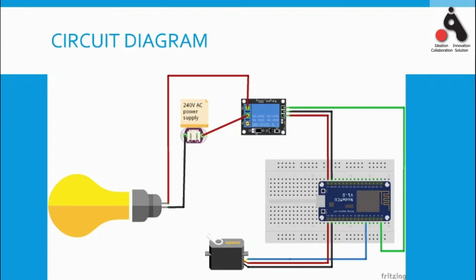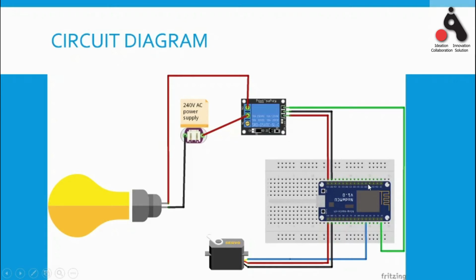So let's discuss the circuit diagram for this project, and we can see that we have two pins right in the bottom. We have the normal GPIO pins which are used here. D0 is connected to the relay module input pin, and D4 is connected to the control pin of the servo motor, and the servo motor is connected with a red wire and a black wire, which is basically 3 volt and ground. Basically it is powering the servo motor, and the relay module is powered by the VN pin and the ground pin. Some relay modules will work at 3.3 volt, but some will not.